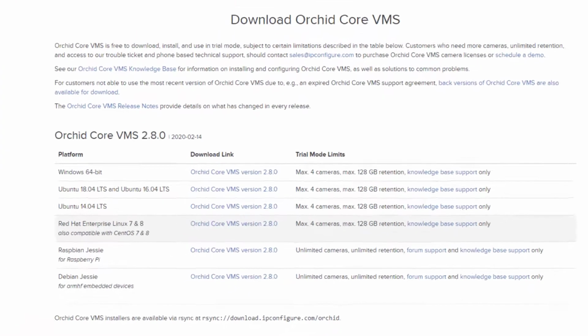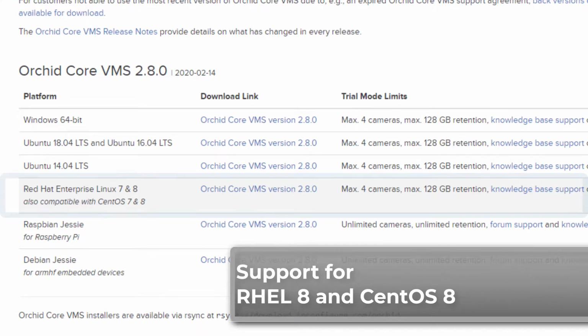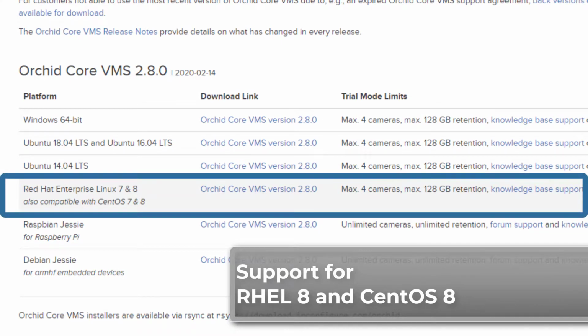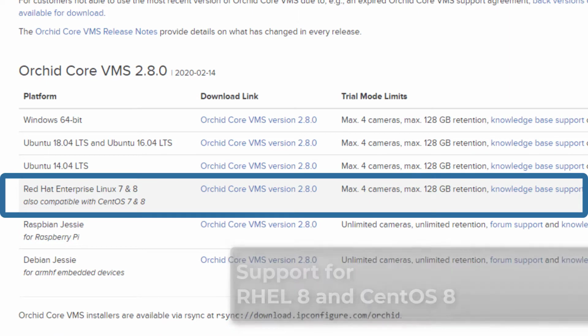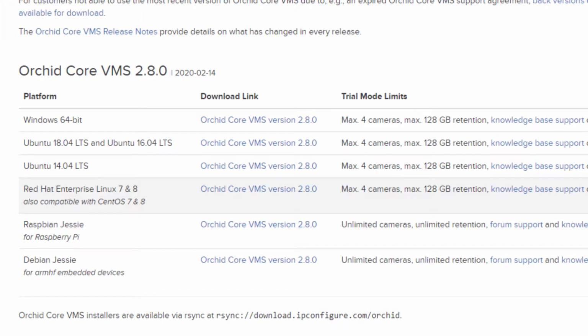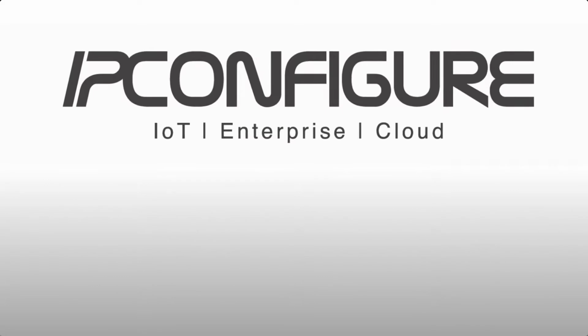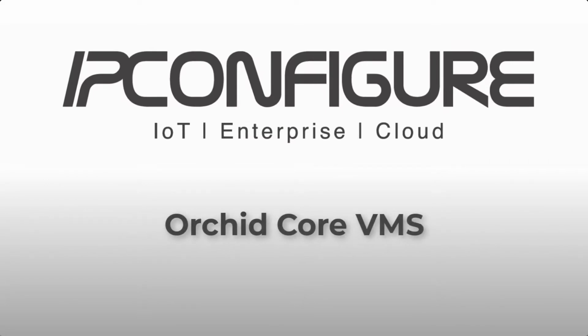Last but not least, Orchid Core VMS now supports Red Hat Enterprise Linux 8 and CentOS 8. That's our summary of the major new features in Orchid Core VMS. For more details on all of the new features and bug fixes, please refer to the release notes found on the Orchid Core VMS support page at